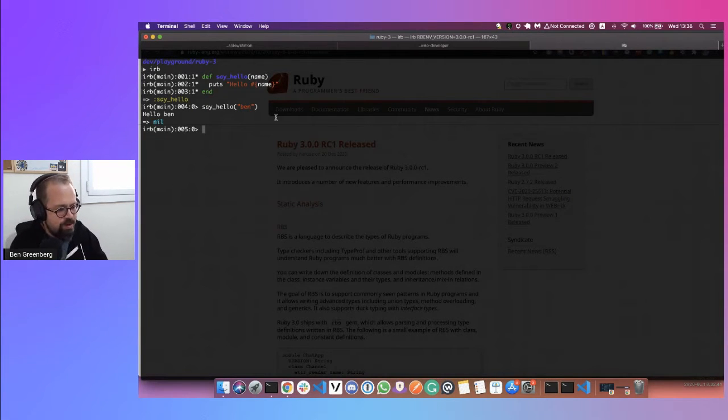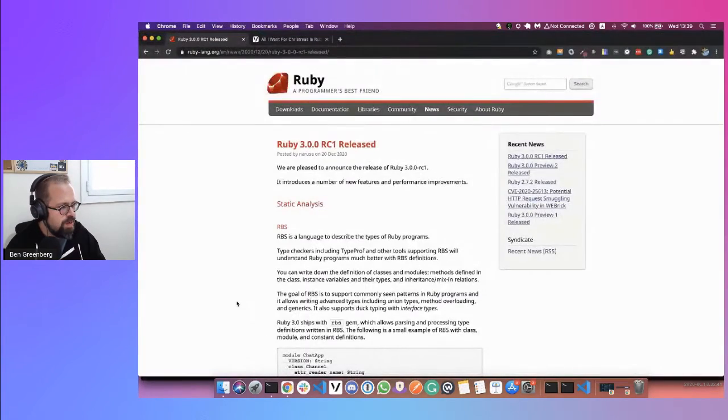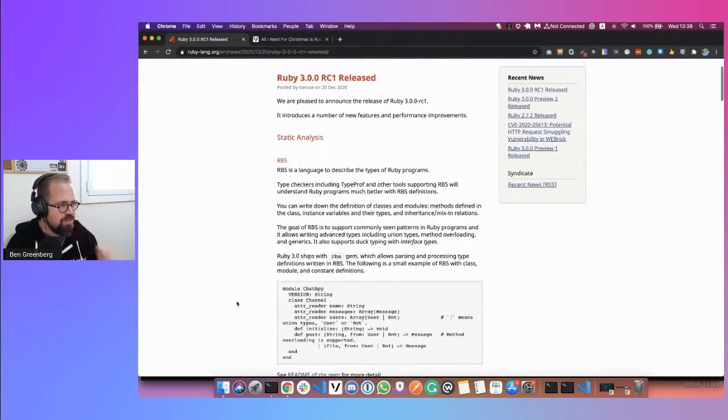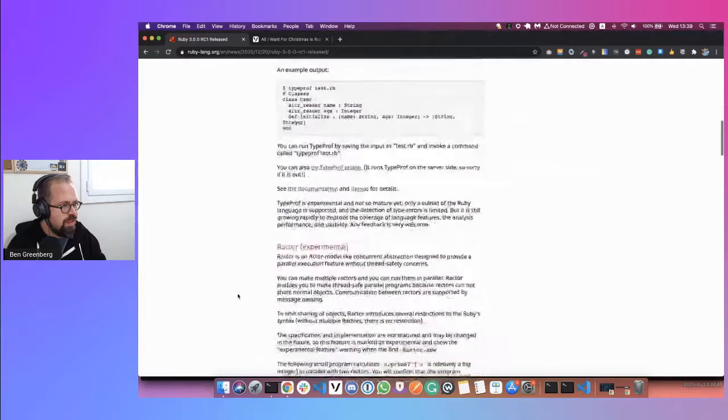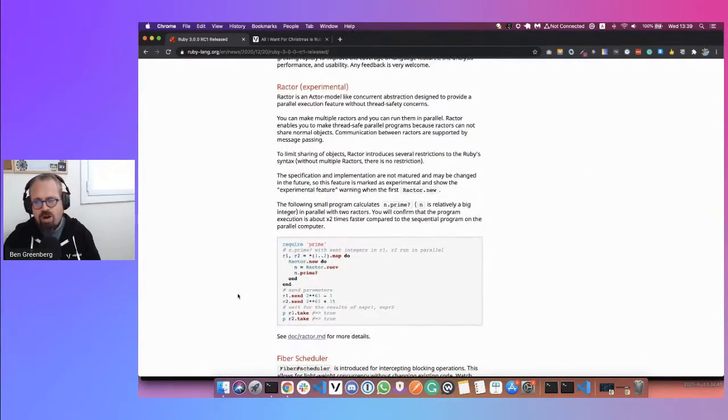But that means in IRB for Ruby 3, we should have access to a lot of the experimental and new things. So for example, that Ractor we mentioned is instantiated there. We have the class of the Ractor, which is really, really cool. And we're going to play with that actually just in a few moments. So that's IRB. What we want to talk about first, let's start with the Ractors.